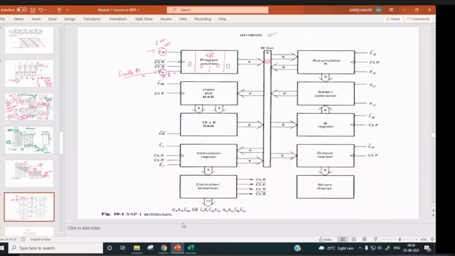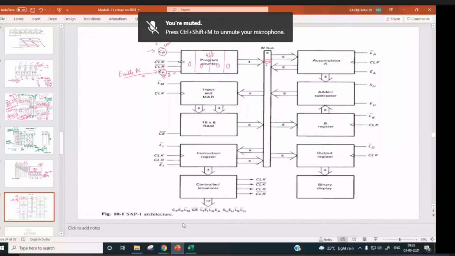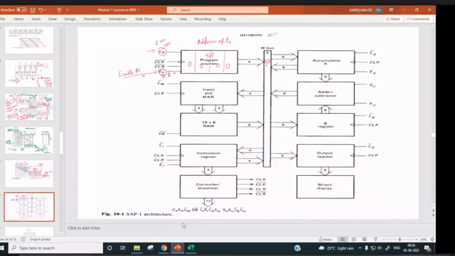Now, the program counter is holding the address of the instruction, the address of the instruction which has to be executed.